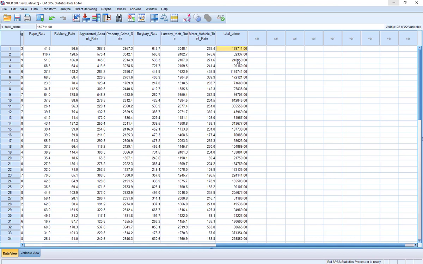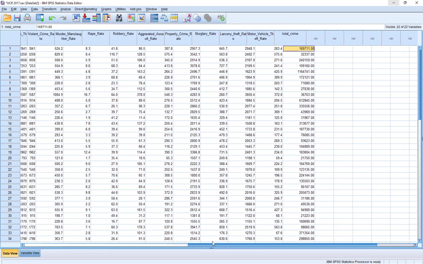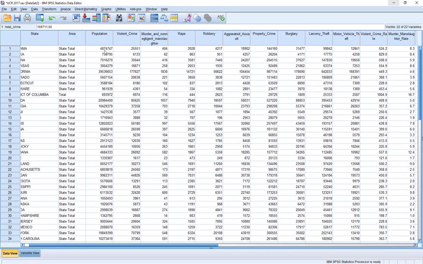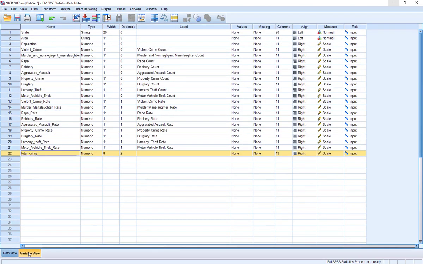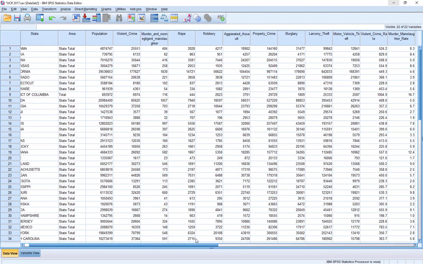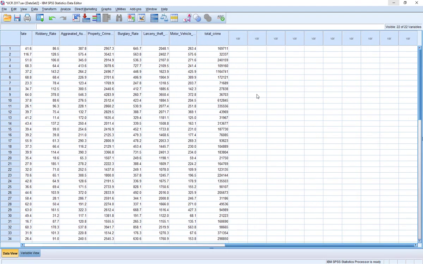Now, there are decimal places here. They're not really necessary because they're count data. And in fact, if we go back and look at the counts variables we had at the beginning, you can see none of these have decimal places. If I go back to my variable view, you can see that those decimals have all been turned off. They've been set to 0. It's only when we get to the rate variables that we have a decimal. What I'm going to do is I'm going to have the total crime replicate those values up at the top, and I've made the decimal 0. Now if I go back to my data view and scroll all the way over again,